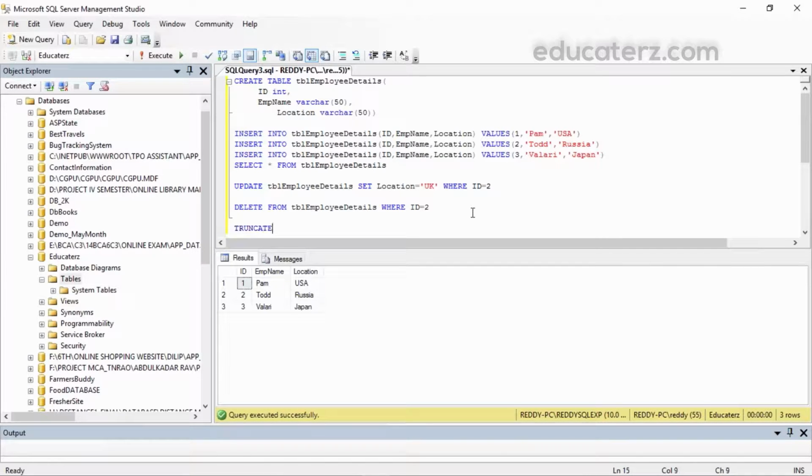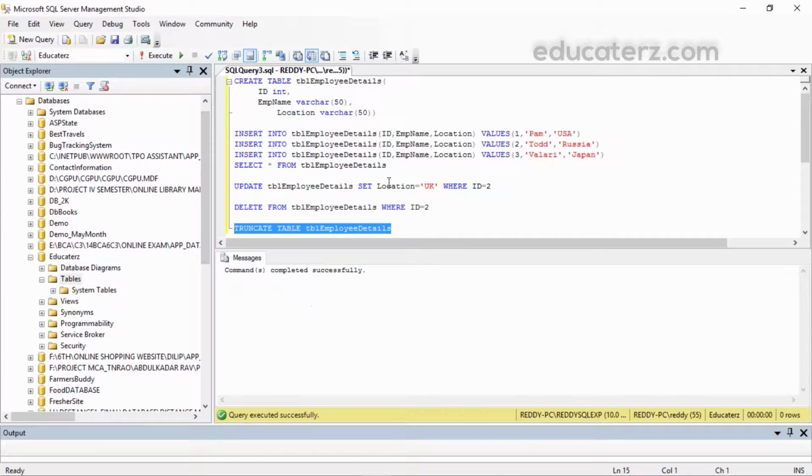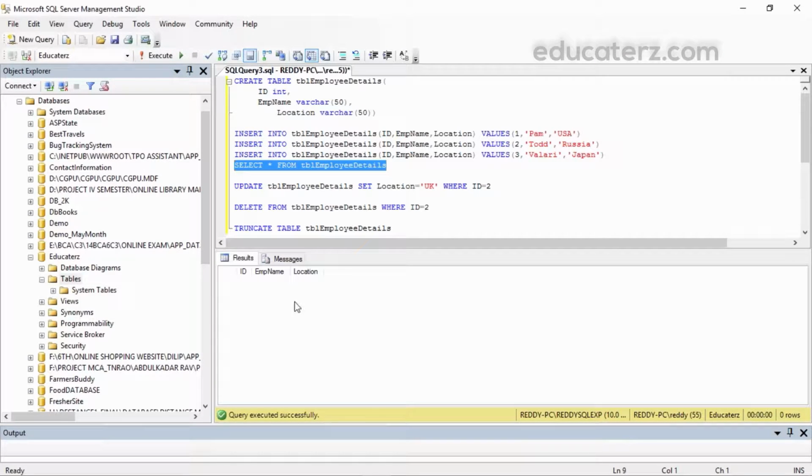If I use truncate, what will happen? Truncate table, then the table name. Just like we use a where clause with delete, we cannot have a where clause with truncate. Let us see what will happen. No row is seen.